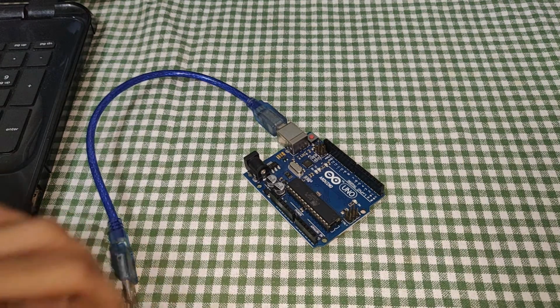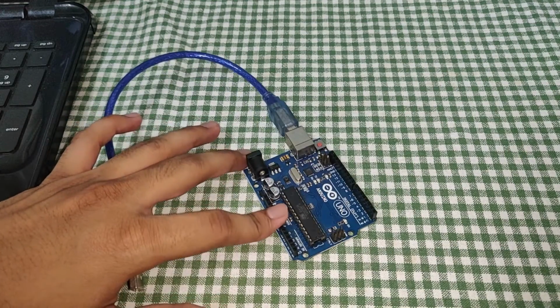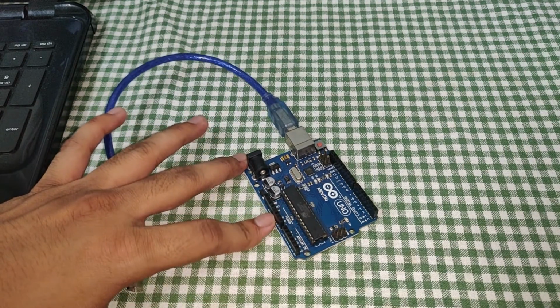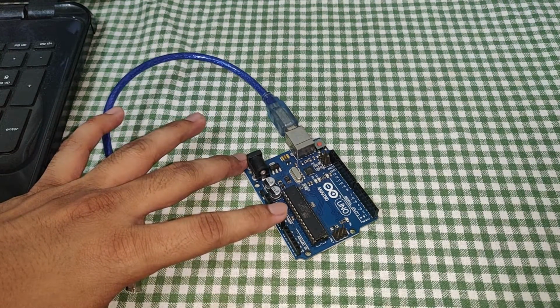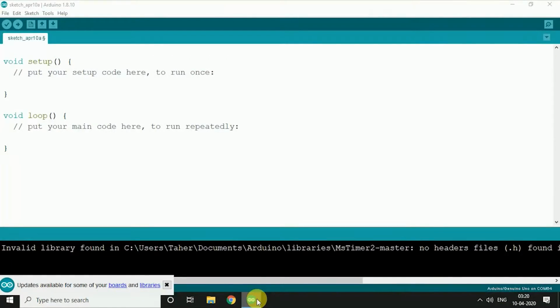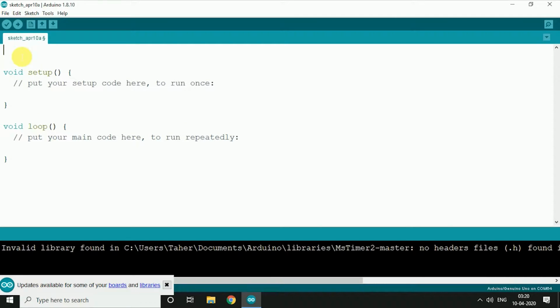In this video, I'll show you how you can send data serially to your Arduino and do some amazing stuff. So let's get started. What we'll do over here is read the data serially on our serial terminal and then control an LED with the same. First I'll define a character data.